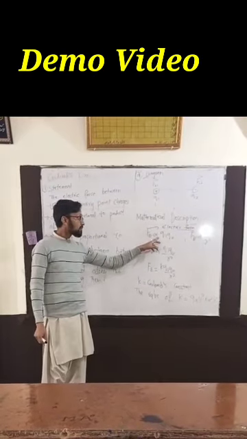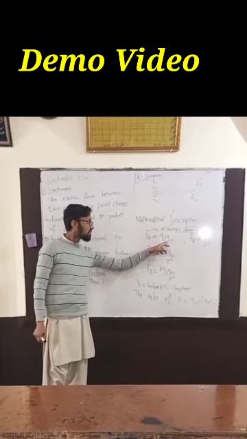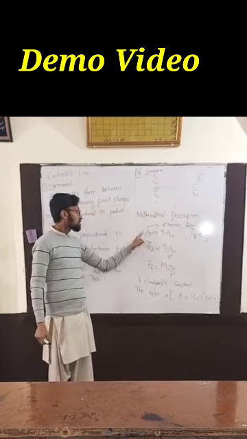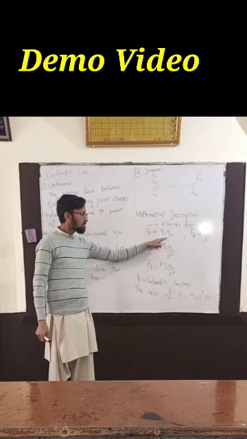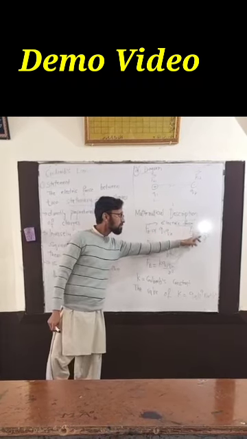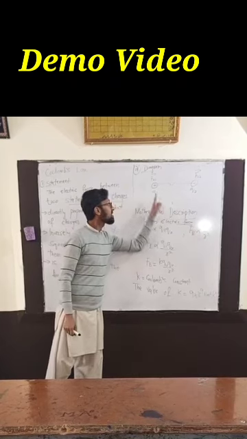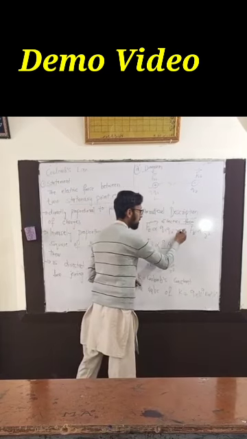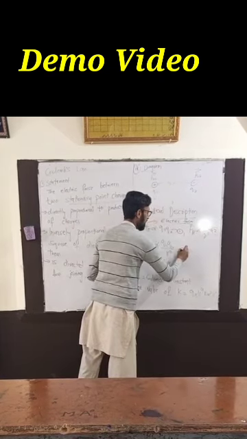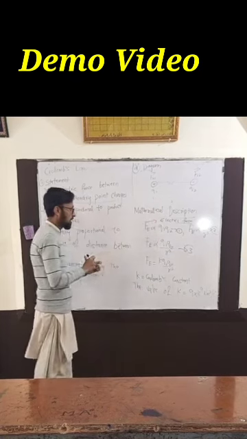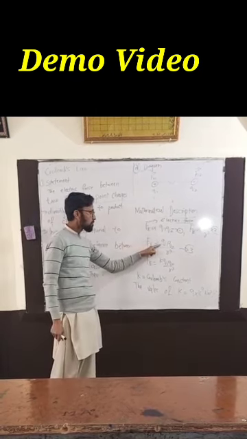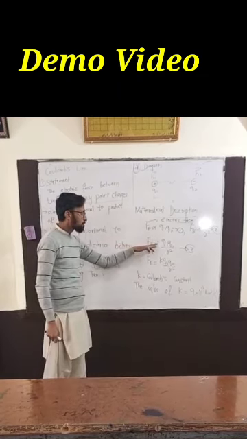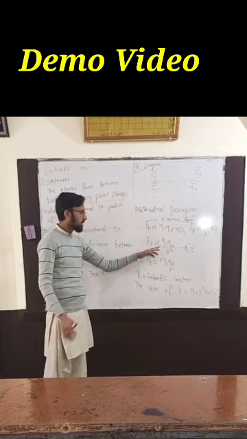Electric force is directly proportional to the product, meaning multiplication, of two charges. Q1 is the first charge, Q2 is the second charge. Electric force is directly proportional to the product of two charges, and inversely proportional to the square of the distance between them. So if we combine equation number 1 and equation number 2, we get equation number 3: Fe, the electric force, is proportional to Q1 Q2 divided by R square. It means electric force is directly proportional to the Q1 Q2 product, and inversely